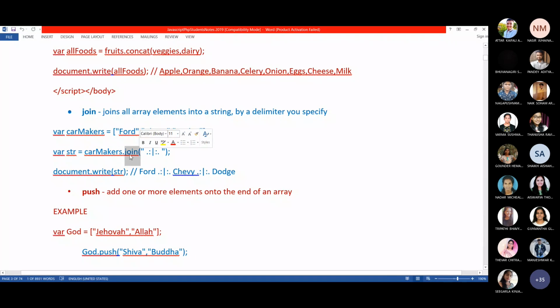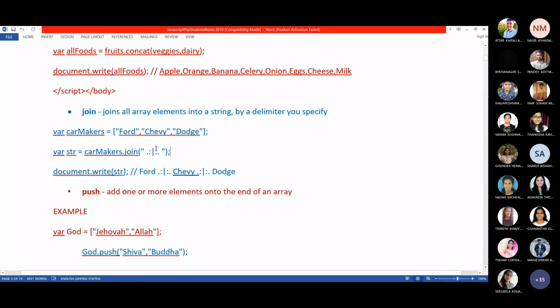Remember, when you use the method, you have to use it along with the object name. This is your object car makers which you created. So object name dot method name. And remember, in join method, you have to give the delimiter as a parameter. Here you can give anything, even comma, dot, semicolon, colon, any special character. Here I have given a combination of characters: dot, colon, pipeline, then colon, dot.